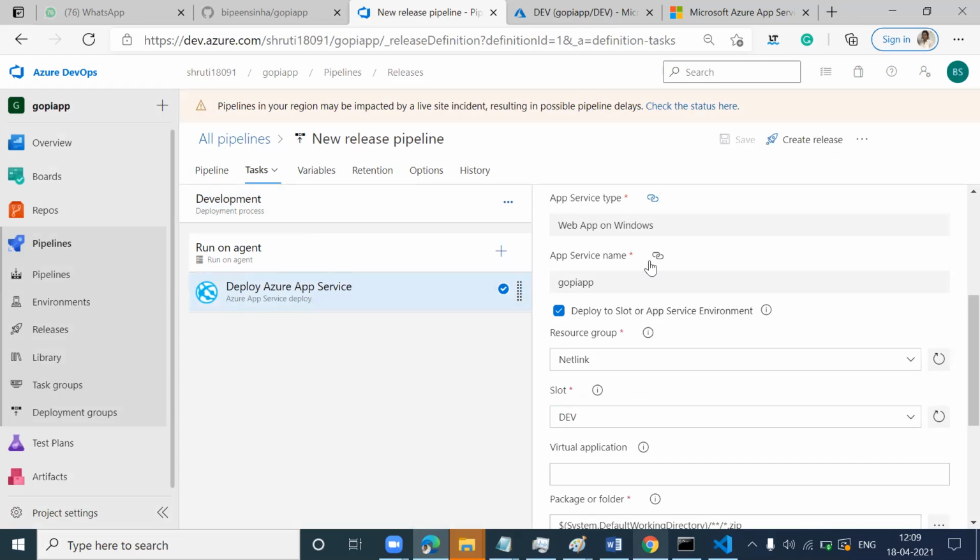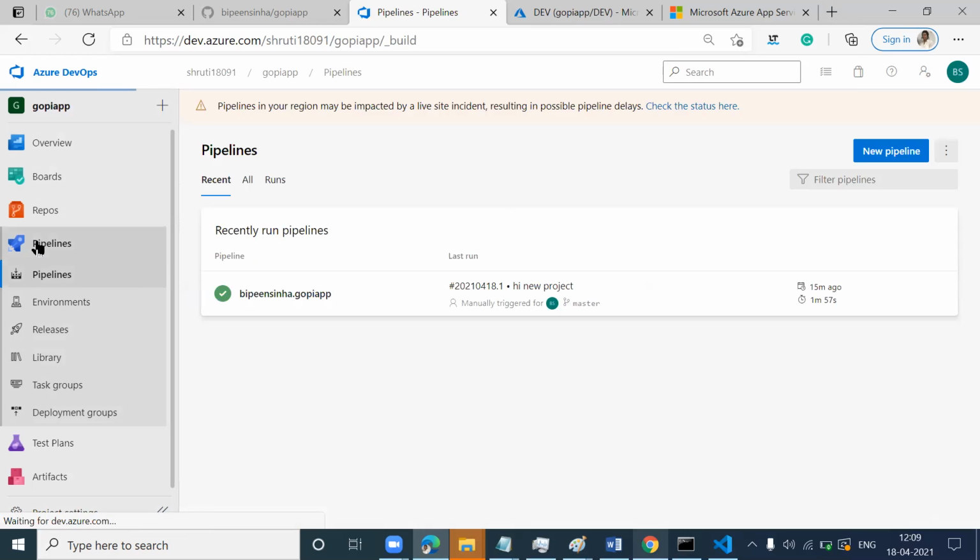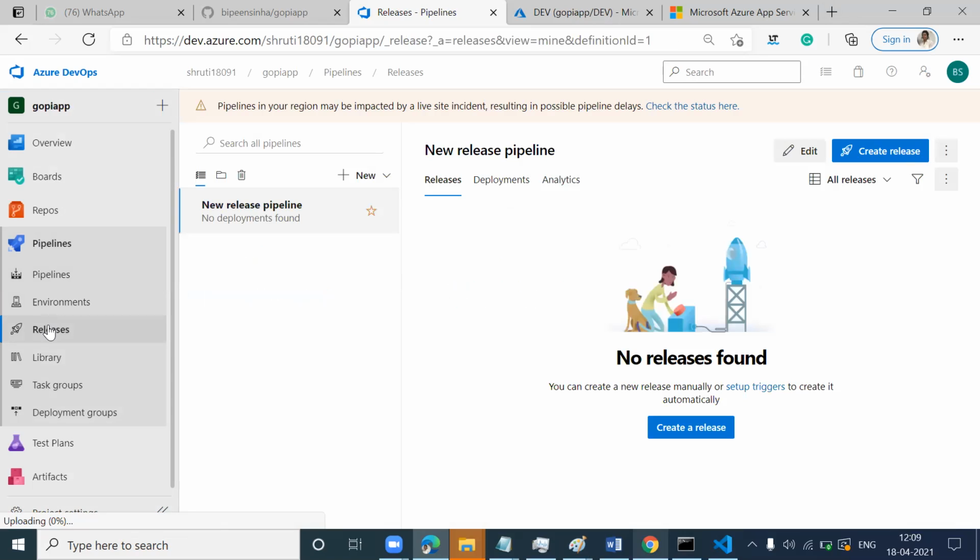Go to pipeline. When I say pipeline, I mean the top one. Come back to release. All are pipelines here. So click new release pipeline, which you already created.